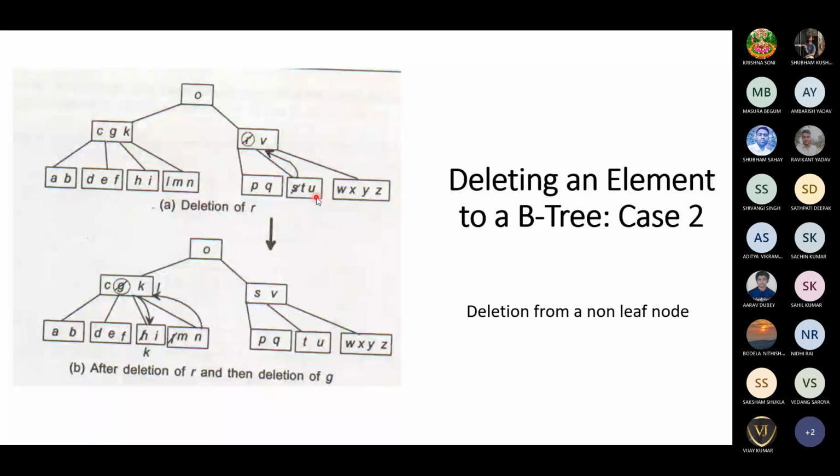In the subtree, it can be verified that it is always the leftmost node in the subtree. Then that node will be replaced here. So when a node is deleted, the right subtree's leftmost value will be replaced by that value. So deleting R will be replaced by the leftmost node S. S will become the parent node. Now the tree is balanced.